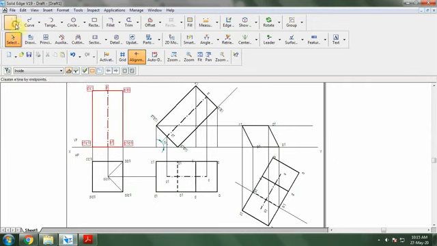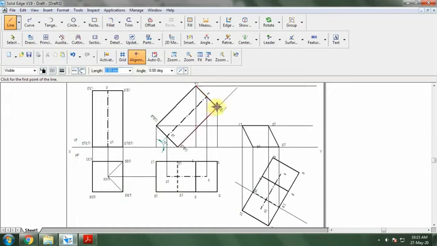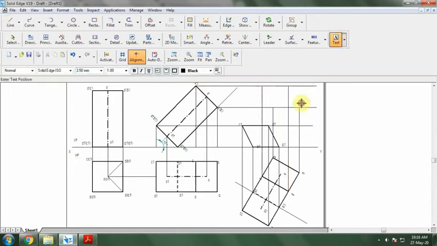Now go for the second face, that is ABCD. So this involves CD and this as AB. So A is on the first line, B is on the first line, point C is on the second line, and point D is on the second line. So I want to join that. So go to text for that one.